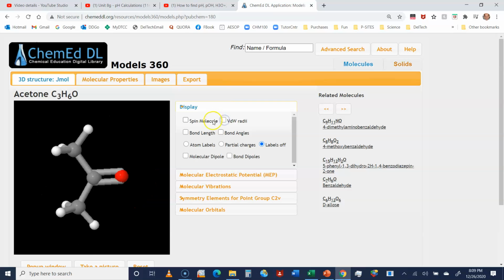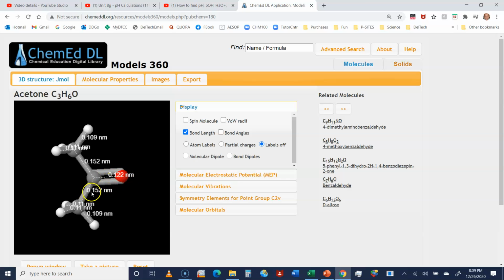I'm going to unclick it so we can actually see the bonds here. If you want to see how long the bonds are, you can click bond length, and these are in nanometers. You'll notice all of the bonds tend to be in the ballpark of 0.1 to 0.2 nanometers. The longer the bond, the weaker the bond, the shorter the bond, the stronger the bonds. Double bonds are stronger, so they tend to be shorter. As you can see, this double bond is